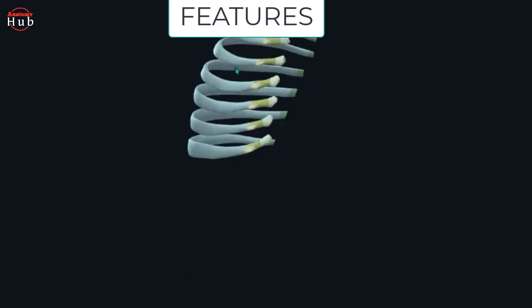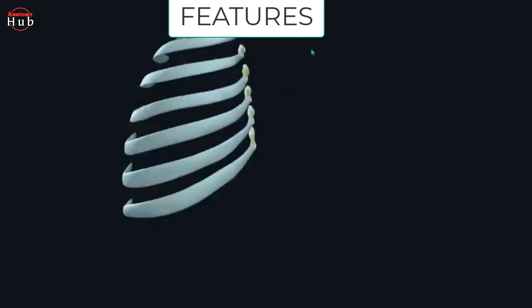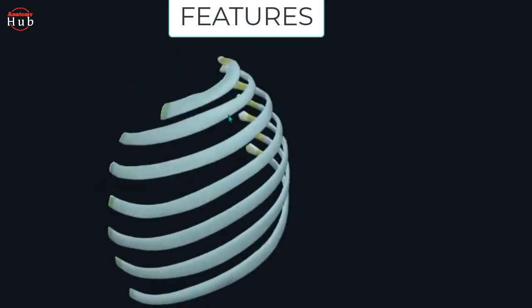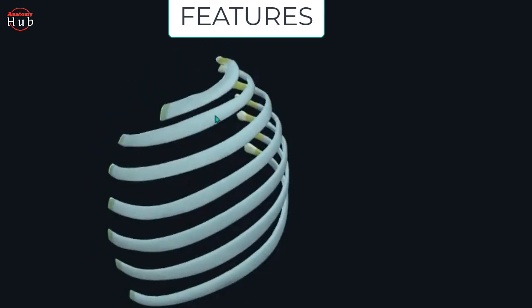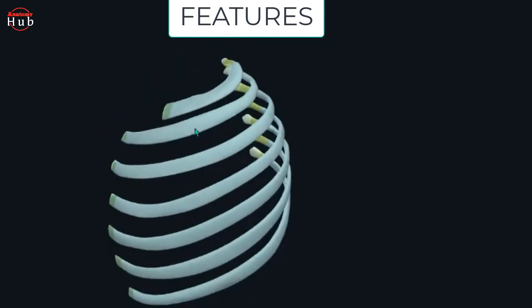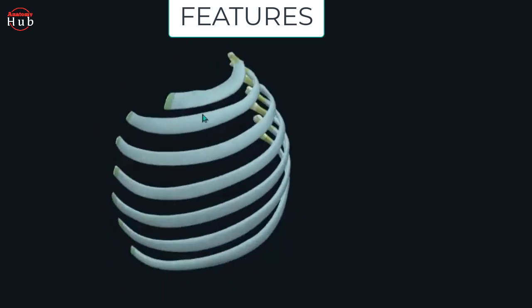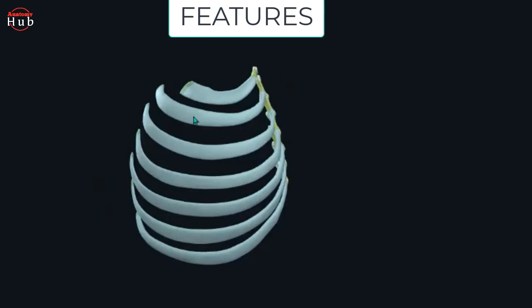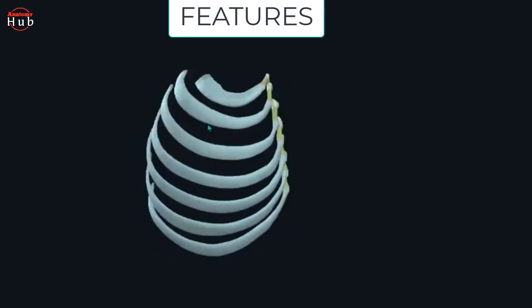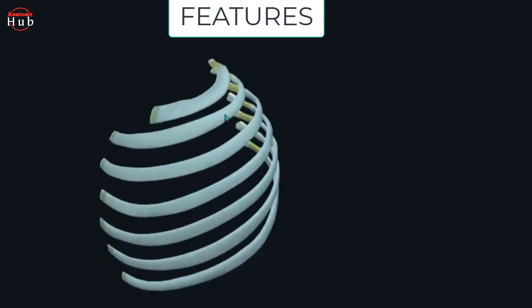Okay, here you'll find another rib. So this is your second rib. Okay, the second rib. So the second rib, here it is thinner than the first rib. Okay, first rib it is wider, but in the second rib it is thinner, and it is longer also than the first rib.